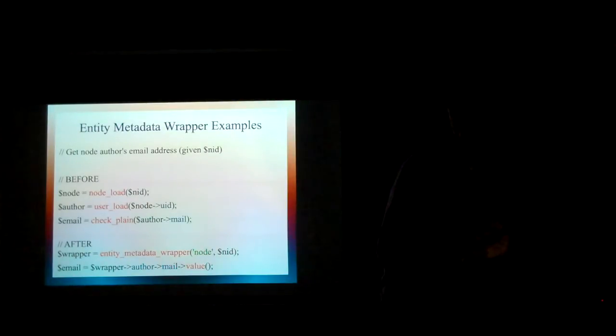So let's get into a little example here. The scenario is we want to get a node author's email address, and we have the node ID. Before the entity metadata wrapper, you would do a node load to get the node. You would do a user load on the node UID. Then you would do your check_plain on the author mail, make sure it's not dangerous, and you've got your email address. Now that's not too bad, but it's one line shorter and a little more elegant with the entity